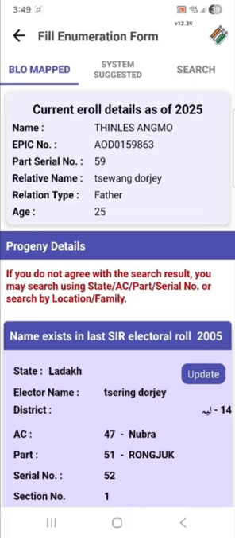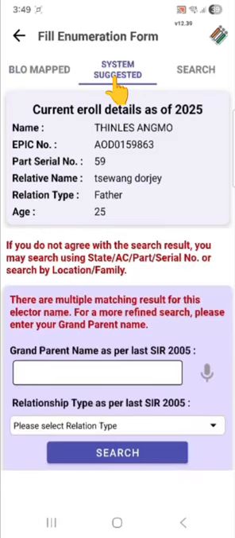Now to fill the EF by system suggested, BLO will click on the system suggested tab. Then the current e-roll details as of 2025 will be visible to the BLO. Here BLO needs to search the details by entering the grandparent name as per last SIR 2005.